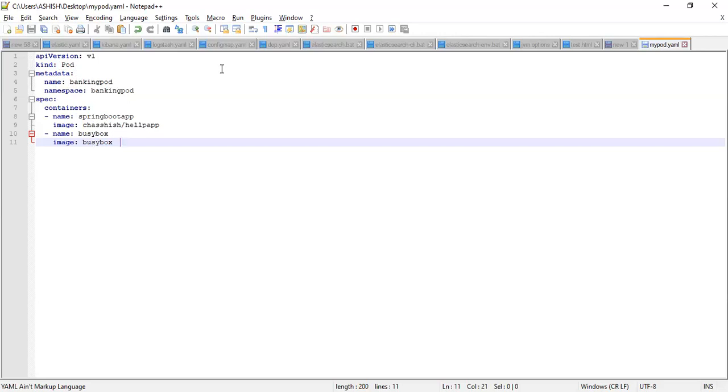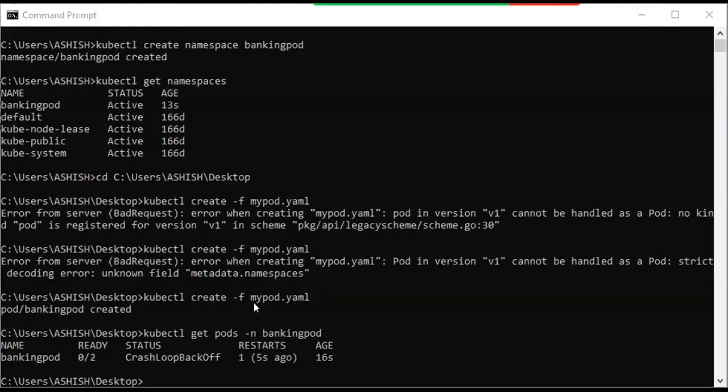So in that scenario, if you wanted to, you can use the kubectl create command and you can create the pod. And if you wanted to see the state, it is saying CrashLoopBackOff for banking pod. So nothing is ready, out of two, correct? So we are just trying to debug it now. In that scenario, you can use the kubectl